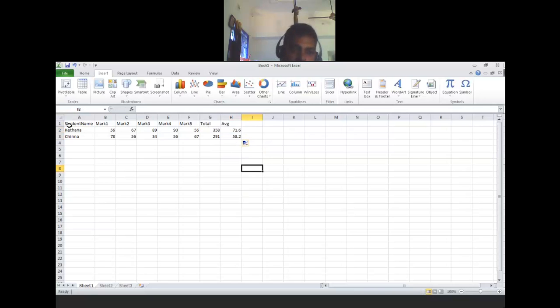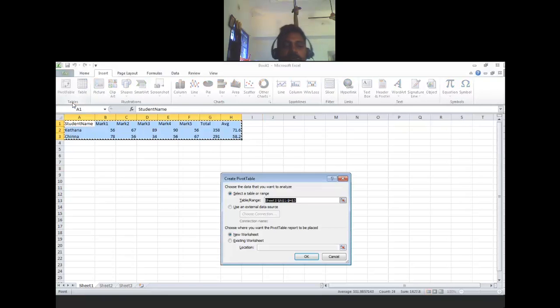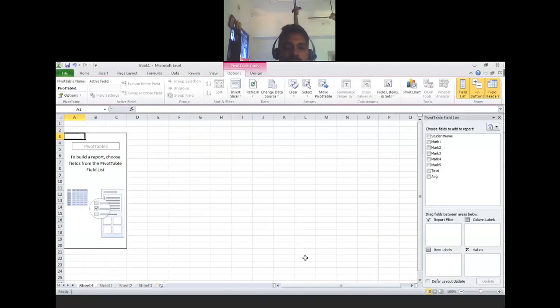Now we want to make a pivot table from this report, so just select it and click Pivot Table. Look, the range comes automatically, and you choose whether you want a new worksheet or an existing one, but existing means the same sheet only. So you should always make it a new worksheet. By default it chooses new worksheet, click OK. It will bring a new worksheet. In this pivot table sheet you can't write formulas or do anything else. Whatever data you have, you can keep it here.